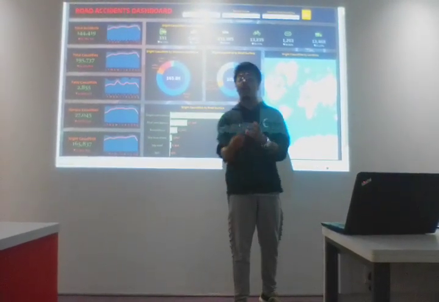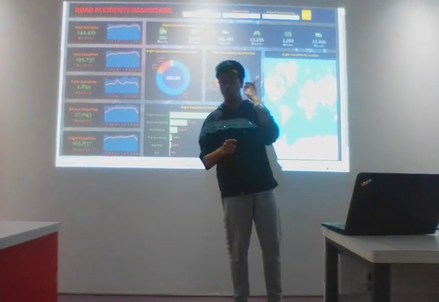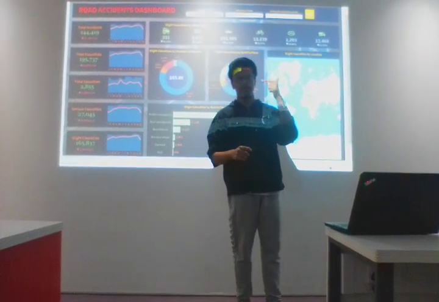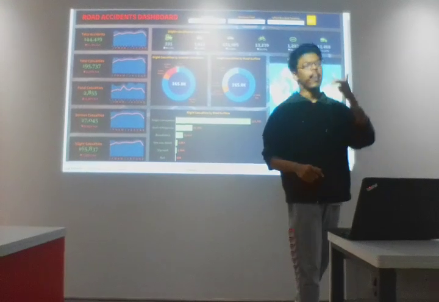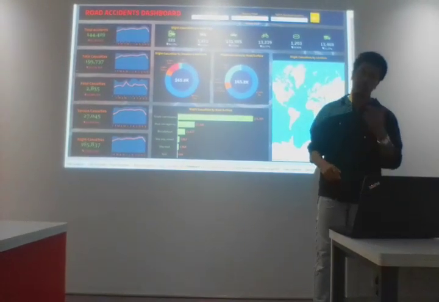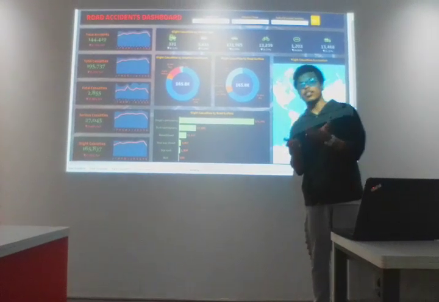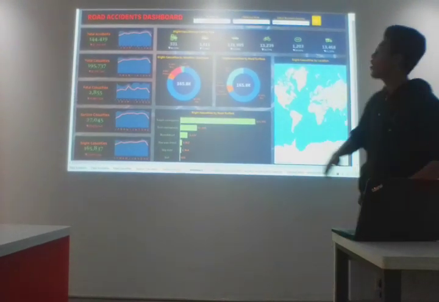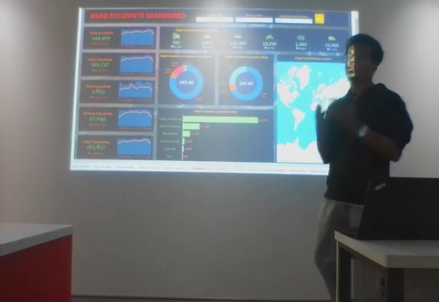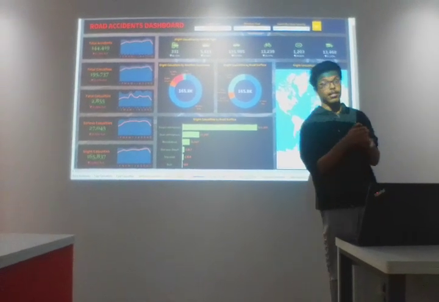Well, these are the severity of accidents. The top severity is fatal, the middle one is serious, and the lowest one is slight. So of course you will expect that the slight severe accidents will be occurring the most. Then what I've also added for user interactivity, as we know that is very crucial